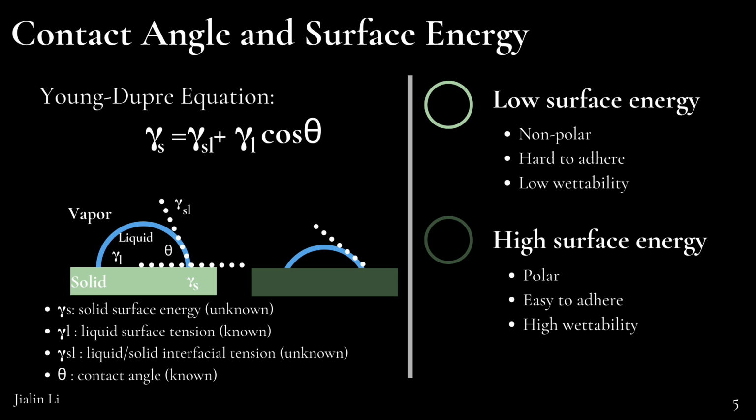between different materials. Material with high surface energy, usually polar, suggests that they are easy to adhere to and easy to bond with. They also have good wettability to liquids, meaning liquid will spread out on the solid surface. Material with lower surface energy, usually nonpolar, suggests that they are hard to adhere to and have low wettability to